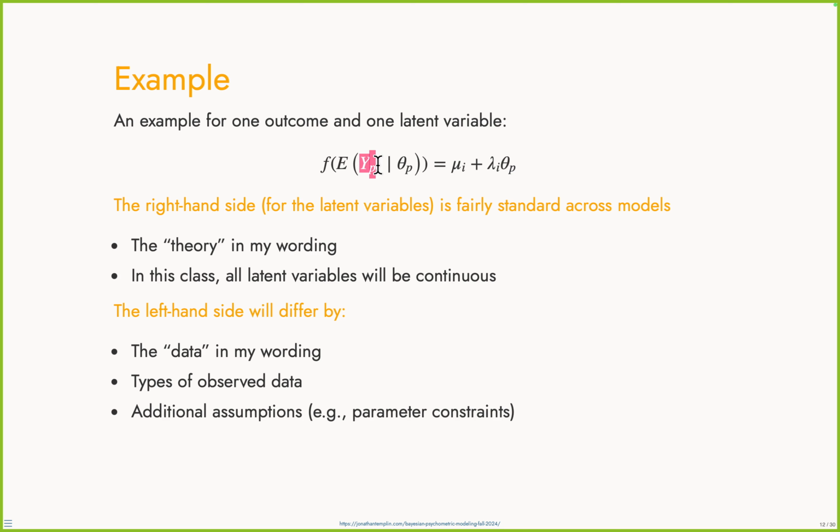Now let's unpack why y shows up in a couple different functions here. This function is, we basically say that's the expected value. Remember, expected value is another synonym for mean. So we're going to take the mean of our data conditional on our latent variable. So what that means is, we are basically saying, what's the average score that we expect if we could observe a person's latent variable? What would be the average that we expect? And now,